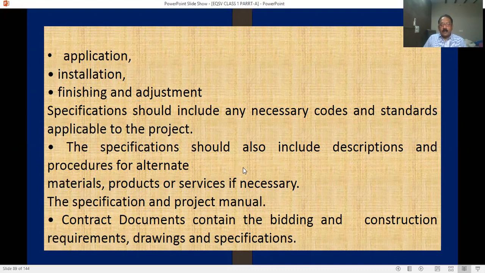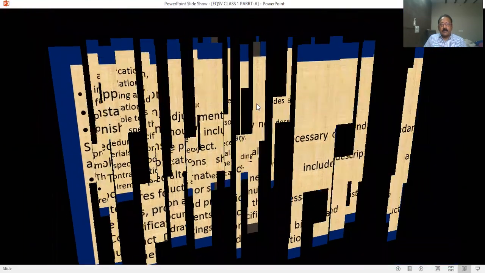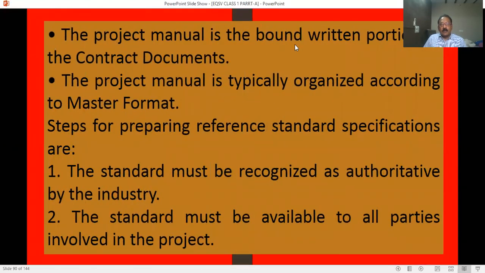In the contract documents or bidding documents, construction requirements, construction drawings, and specifications, you will see all these. In the project manual, these detailed specifications are written. In the next video, we'll see some more topics related to these detailed specifications. Thank you.